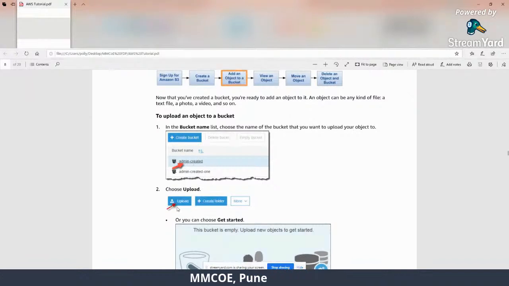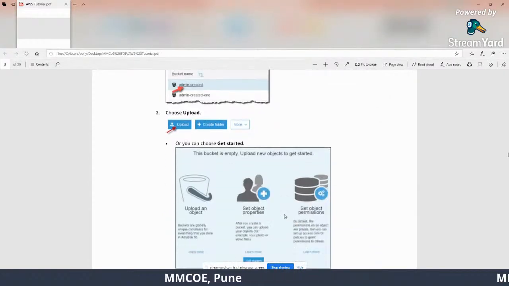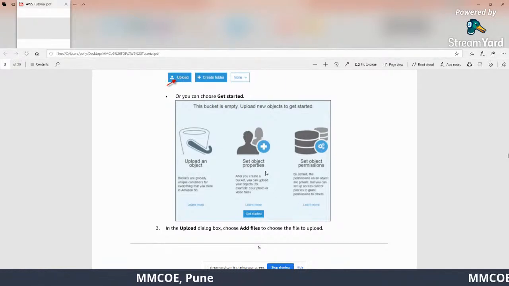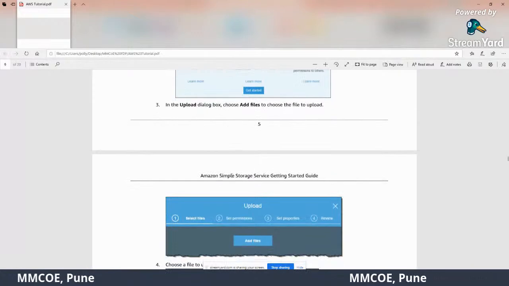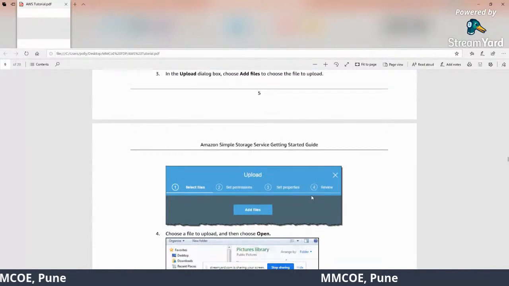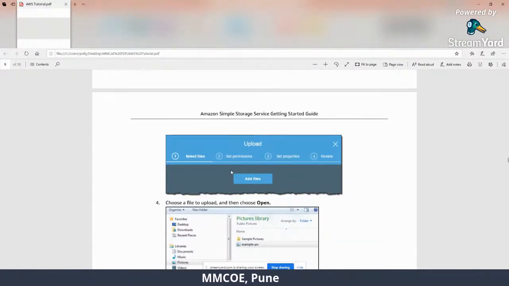When you click on this, you can see you have this option to upload. Then you click on upload, and you have this screen where you can upload an object. Uploading an object means you can add your file here.